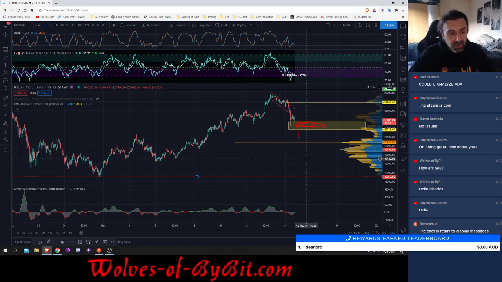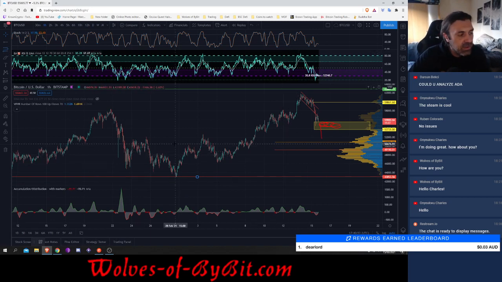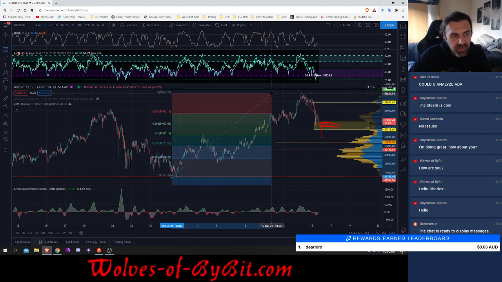If those don't hold, then I'm afraid that basically we are slowly going to see lower and lower prices being hit. Oh wait, maybe this node could also serve. So just as a little double check, that's what I was looking for.